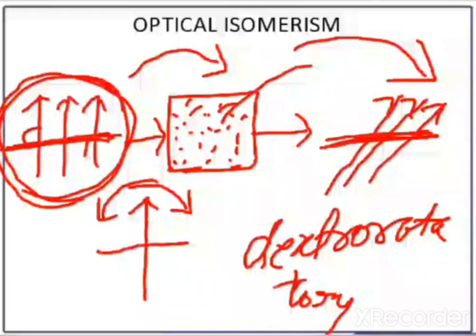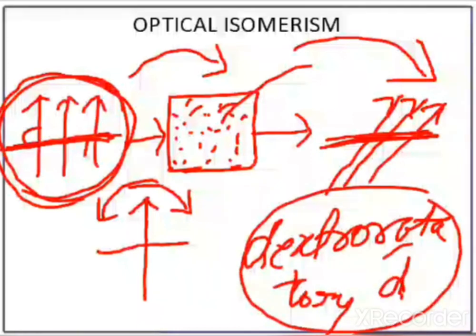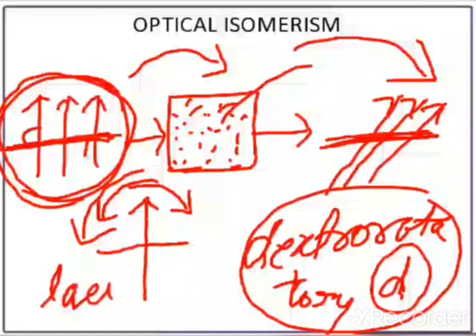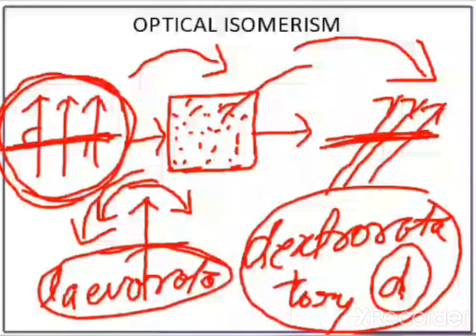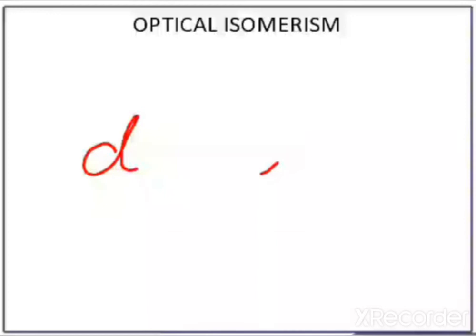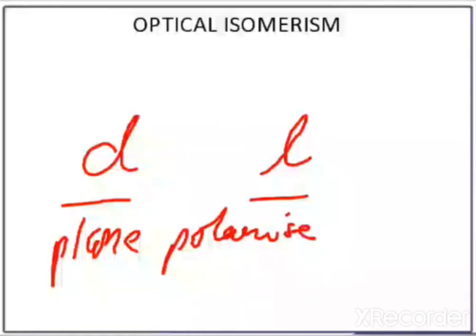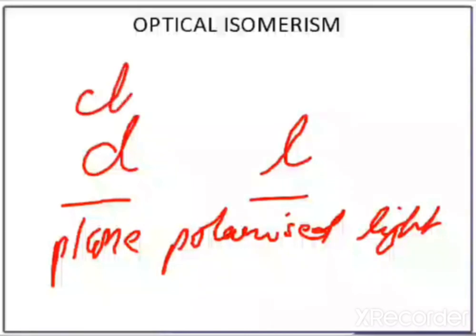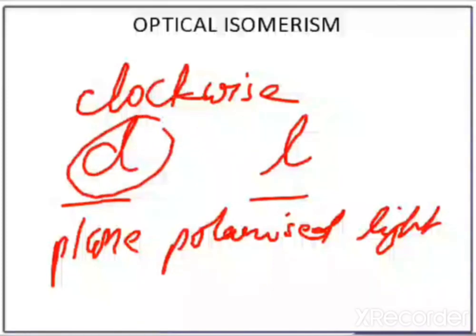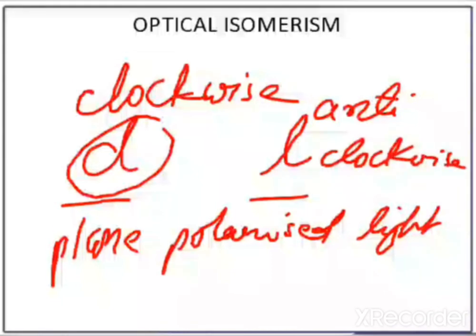क्लॉकवाइज यदि ये रोटेट हो रहा है, तो इसको हम कहते हैं डेक्स्ट्रो रोटेटरी, और सिंबल होता है डी। और यदि एंटी क्लॉकवाइज, तो इसको हम कहते हैं लीवो रोटेटरी, इसका सिंबल एल। तो ऑप्टिकल आइसोमेरिज्म में डी और एल दो आइसोमर्स मिलेंगे। जो प्लेन पोलराइज्ड लाइट को क्लॉकवाइज रोटेट करेगा, वो डेक्स्ट्रो, और एल एंटी क्लॉकवाइज रोटेट करेगा। ये फिनोमेनन हमें ऑप्टिकल आइसोमेरिज्म में मिलेगा।